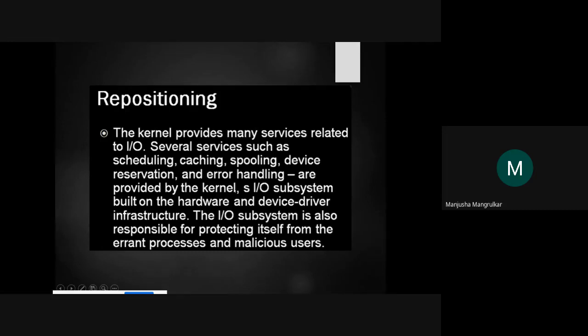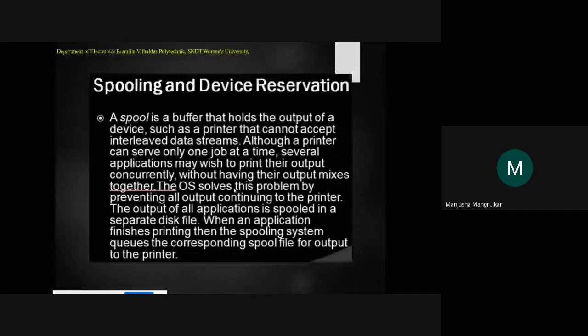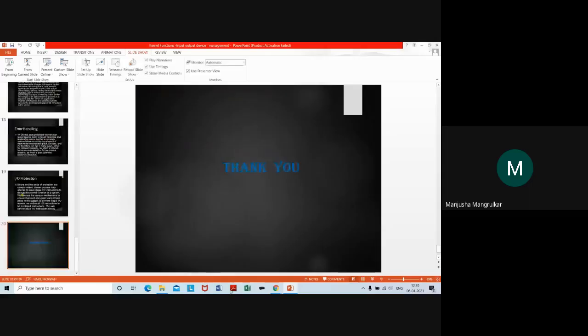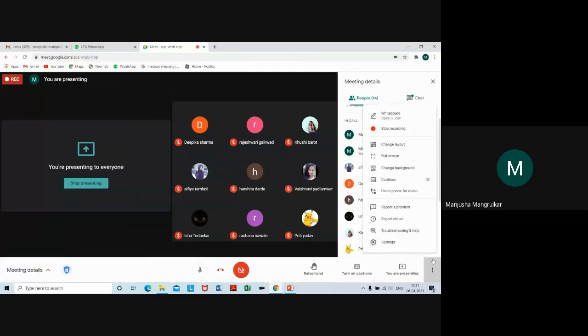These are the main functions done by the kernel IO subsystem. So this is how input and output devices are managed by the kernel subsystem and the operating system, which we have seen today.